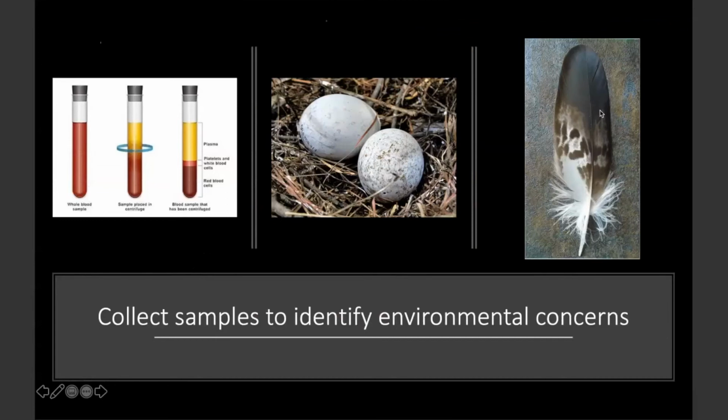So how are we collecting this data? We're not solely looking at contaminants and using these species as indicator species for contaminants. We're actually also using them as indicators for disease and parasites as well. So we draw blood from these nestlings, and I use a portion of the whole blood for my toxicology analysis